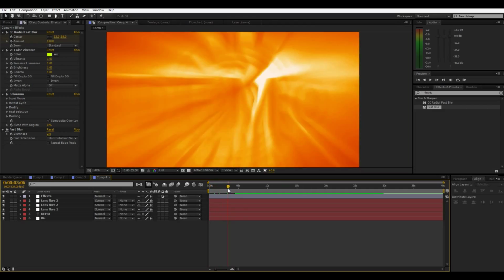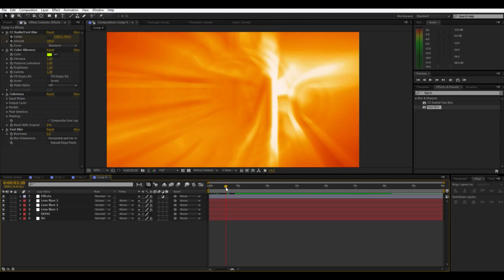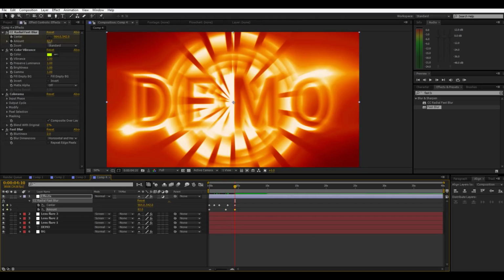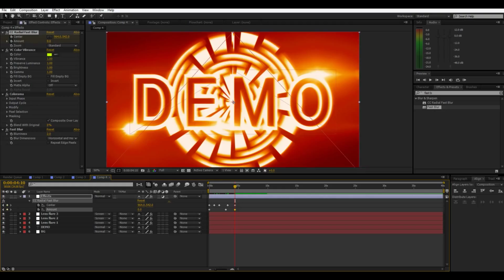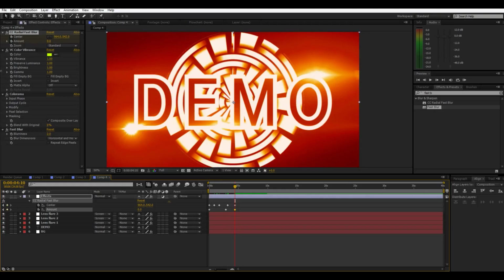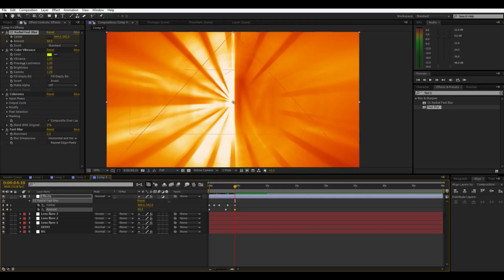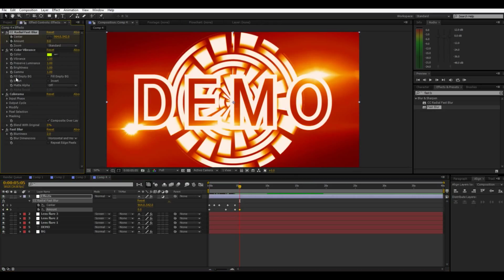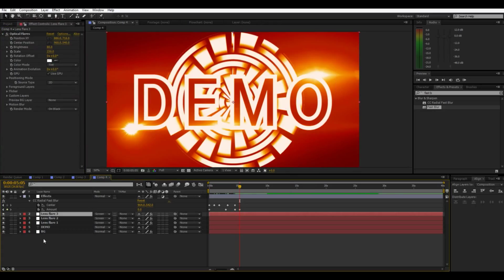Okay, so now I'm going to go back and animate the amount. So 100 is good until around here, I think, is what I'm going to want to change. So I'm just going to type 100 and enter again to make sure that leaves a keyframe. You can see, actually that works better. I'll do that. And then by the end, we'll turn it down. You still want some, because having none just makes it look too blocky. So actually I'll do that, and then by another second I'll leave everything, and I'll do that with these